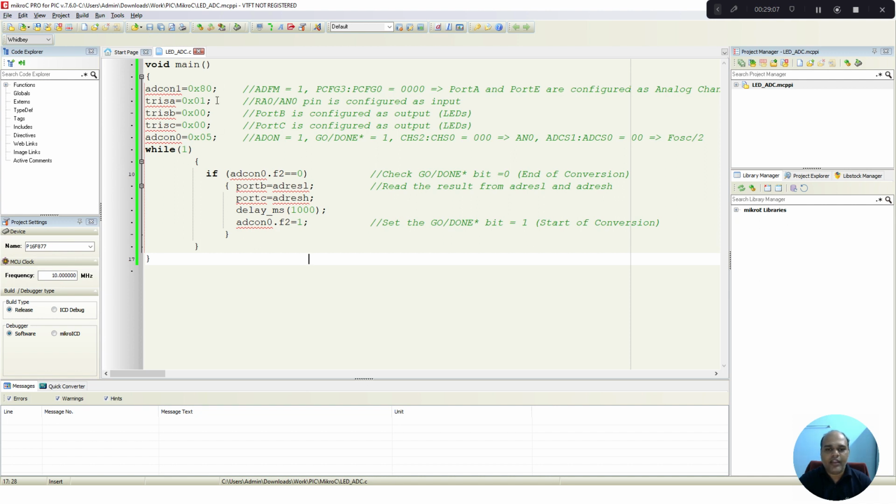So as I said, I am going to use ADCON1 and I have set it to 80. So 80 means I am setting the ADFM bit to be 1 and PCFG3 to PCFG0 I am setting as 0000, which means port A and port E are configured as analog channels. So let me show this. 80 represents